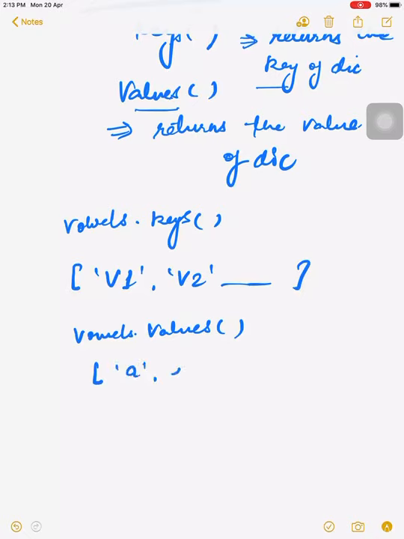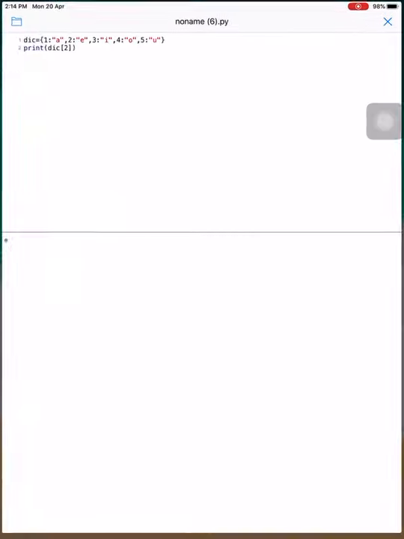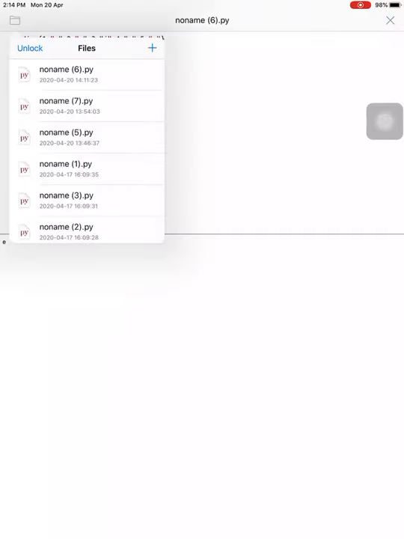And same with values: whenever we use the values function, for example vowels dot values, we receive the list of values A, E, I, O, U. So you know the difference between the keys and values functions. What is the purpose of the keys and values functions? We will take this as an example.